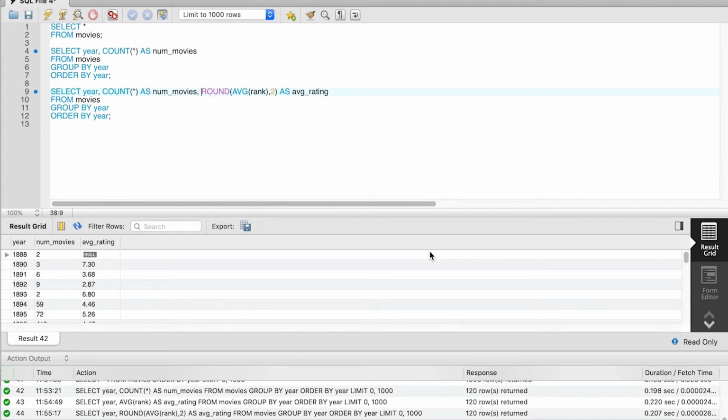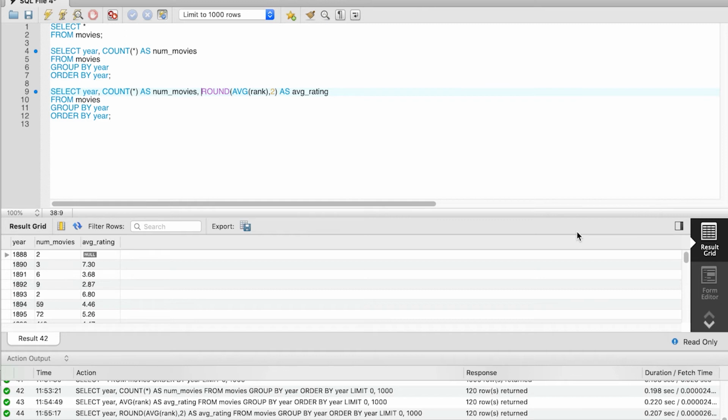Notice one thing though, based on the results of the query, we may assume that the average that we see is calculated across all the movies in that year. However, this is not strictly correct. Take, for example, year 1888. We have a null average rating, despite the fact that we have 2 movies in that year. Why do we have a null? Because if you go back to the results, you will see that none of these 2 movies that were released in year 1888 had any rating.